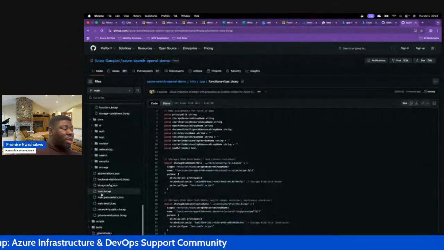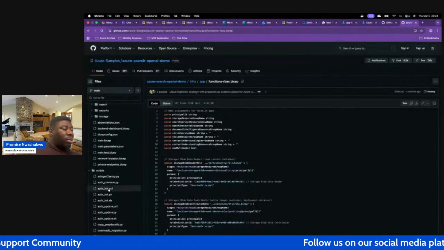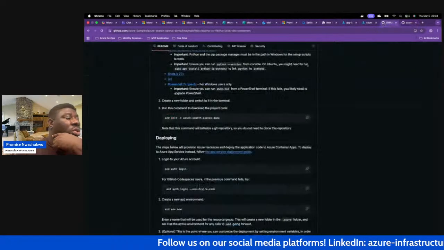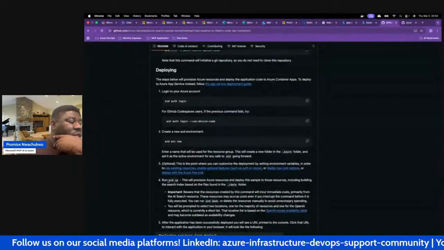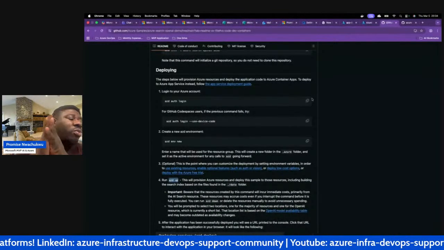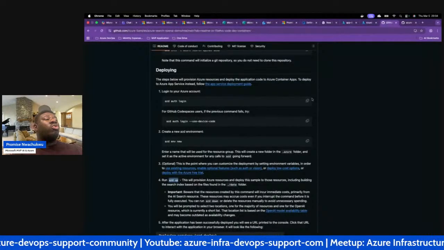Everything you will need for this application to run has been set up. All you need to do is run your AZD up command, and it sets up the application for you in your environment, and then you are able to see your first